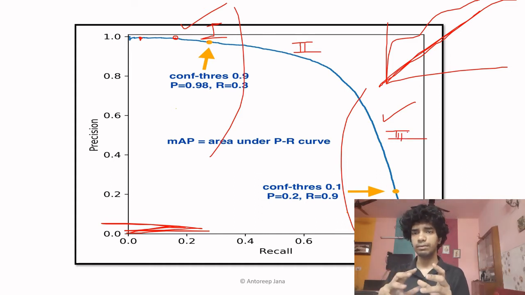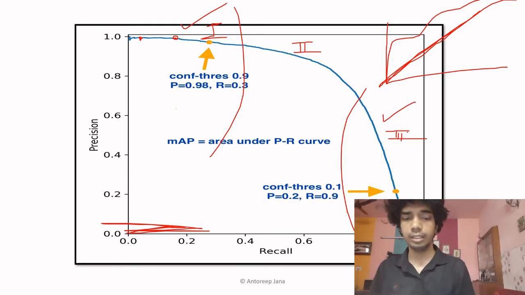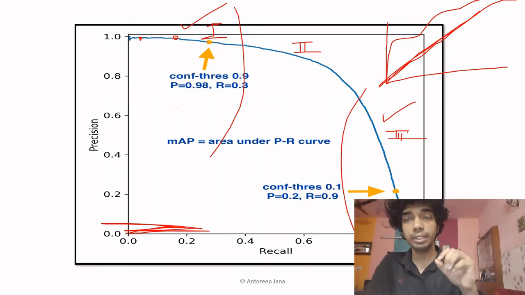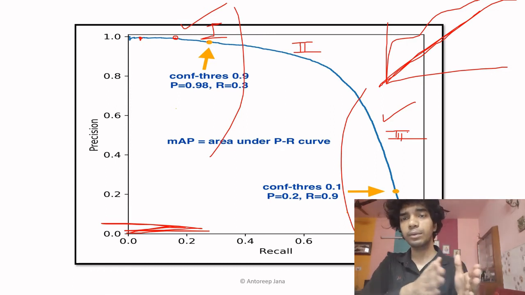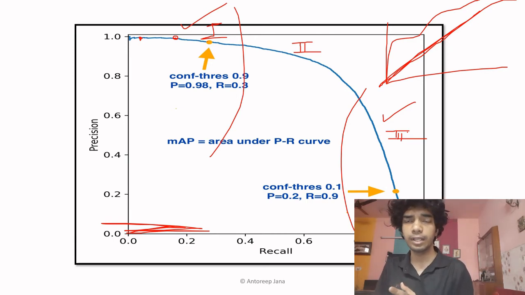So in region 1 we have a very high threshold value. A very high threshold value implies that only very confident predictions are going to be classified as the correct label, as true positives. So this means that there will not be many false positives. Why? If you set it so that only predictions with more than 90% confidence are classified as a positive sample, and the rest are not,